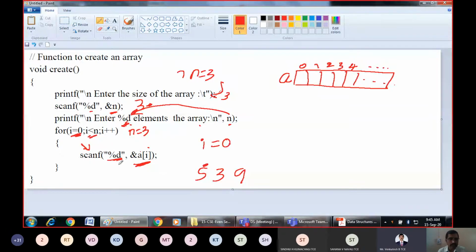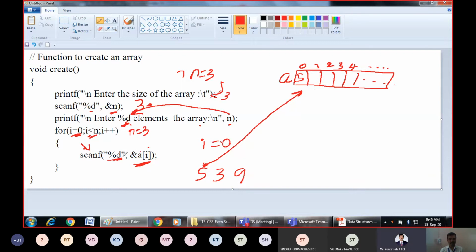Where will it get stored? At the address of A of i. A of i means we are referring to this location. So at this location, the 5 will get stored. This is only an example; during execution you can give any elements. But here, the first element we are taking is 5. So 5 will get stored at this location.